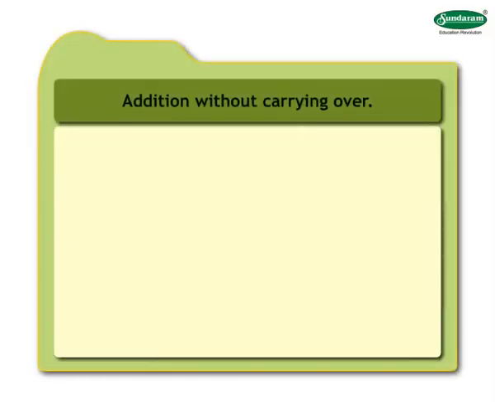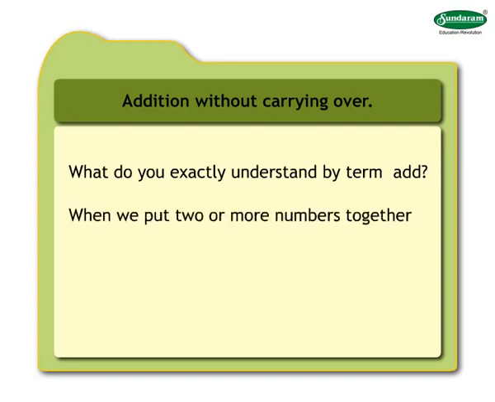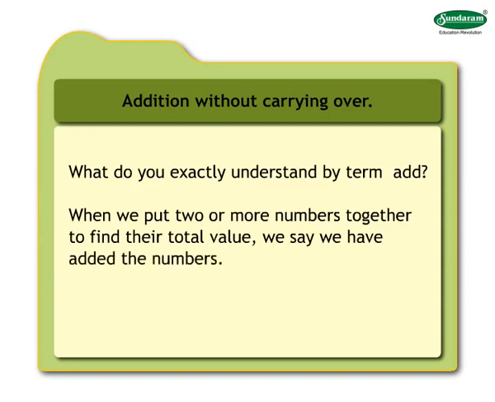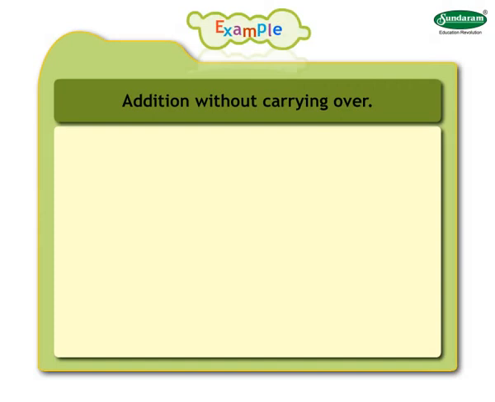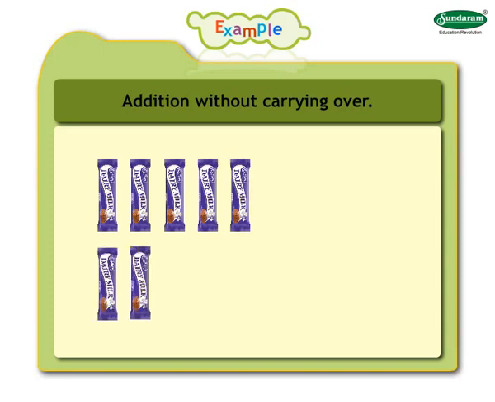Addition without carrying over. Children, what do you exactly understand by the term add? Let me explain. When we put two or more numbers together to find their total value, we say we have added the numbers. For example, if you have 5 chocolates and your sister has 2 chocolates, keep your 5 chocolates